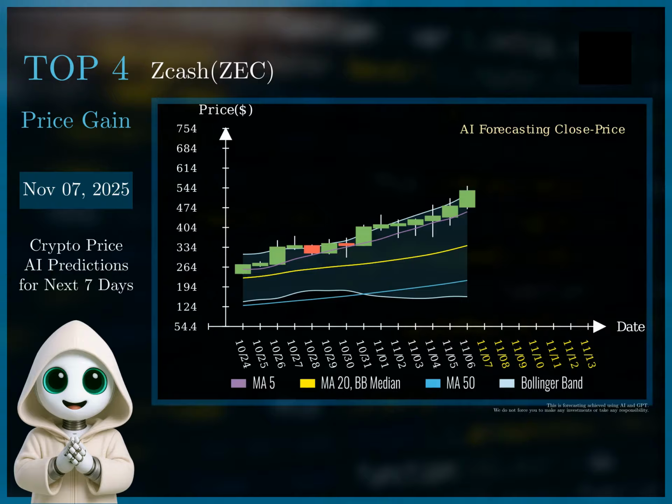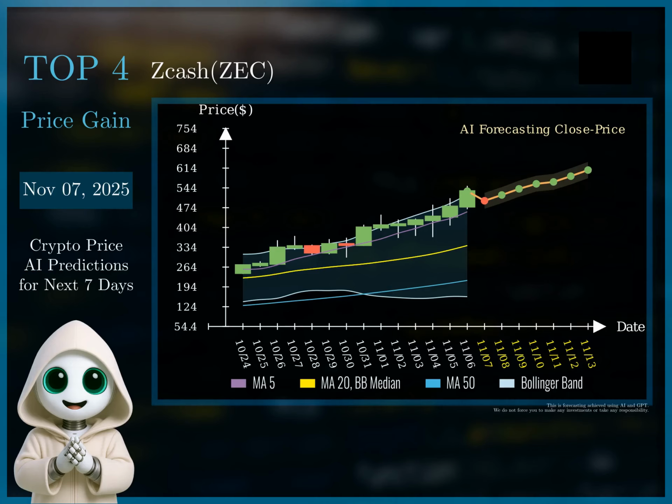Specifically, I recommend entering a long position at $498, coinciding with the first forecast price. A stop-loss should be placed at $478, just below the previous day's high, to protect against a potential pullback. The initial target price should be $585, aligning with the first forecast price and considering the upward trend. To refine this strategy, we can incorporate the RSI and Bollinger Bands.